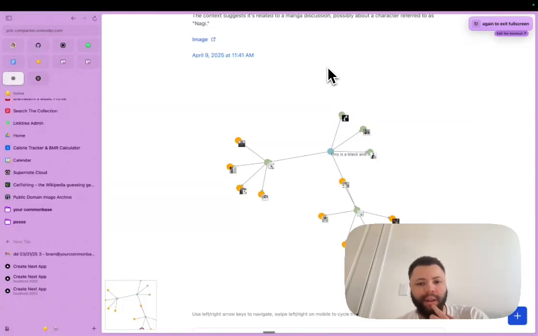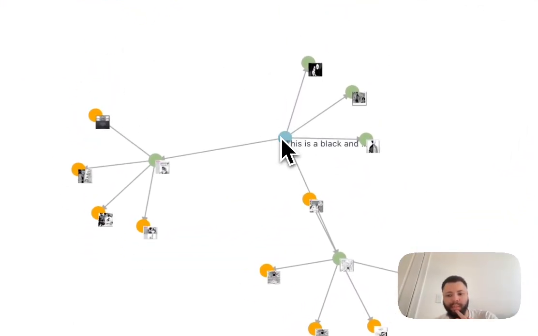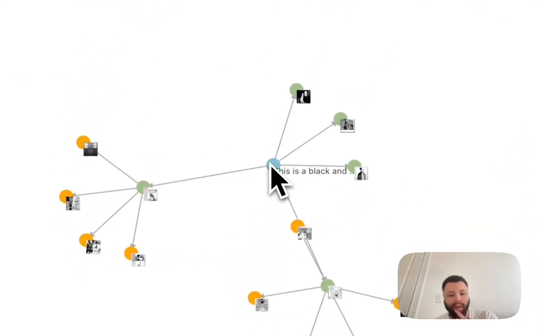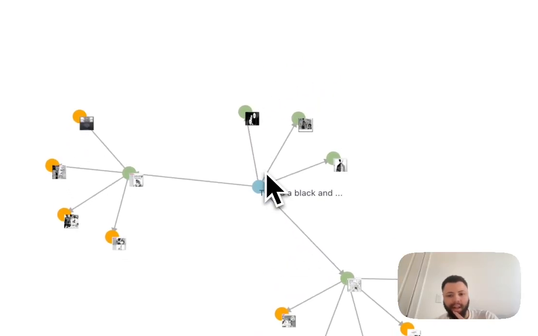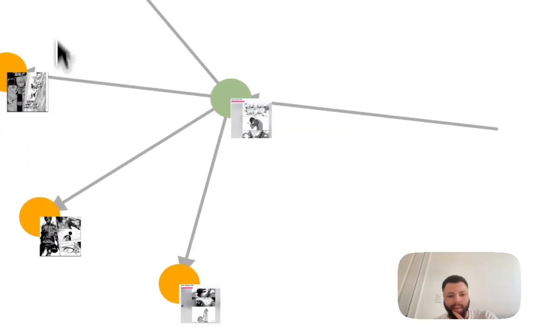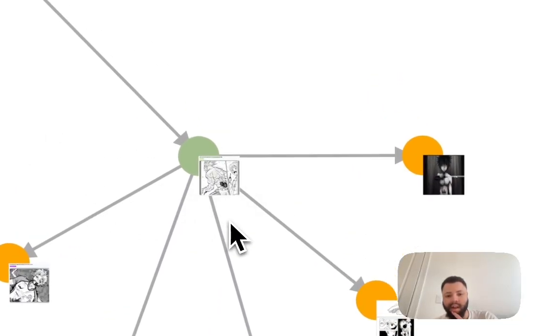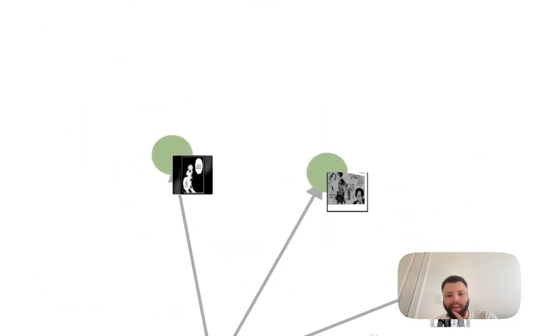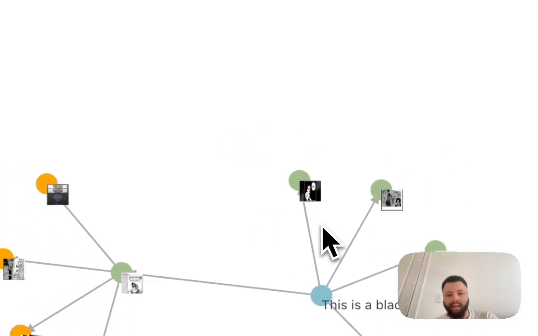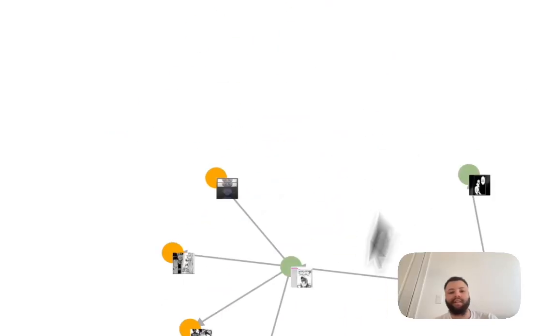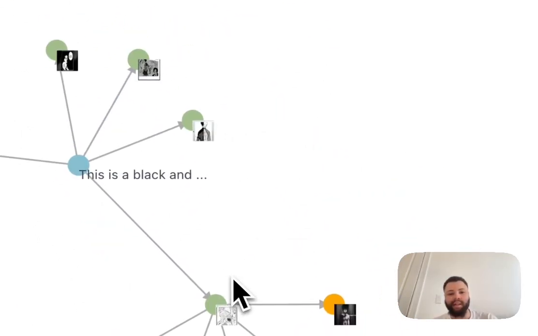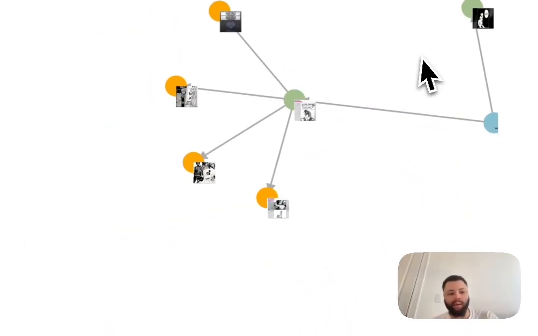But the problem with this is that it gets really big really quickly and becomes really cumbersome. And it's kind of easy when you're doing images. You can see images here, but when it comes to text entries, it can be really annoying to find the relationship between them. But also it can become really visually taxing to move your mouse in 2D space and geolocate the thing that you're looking for.